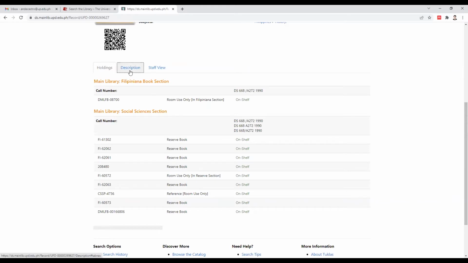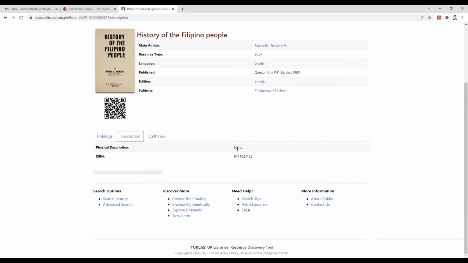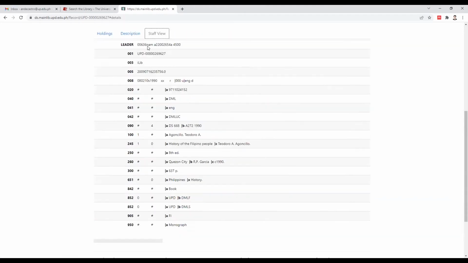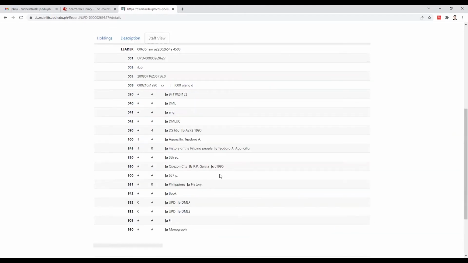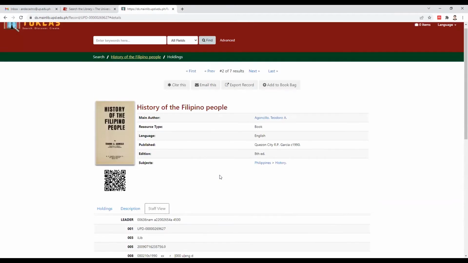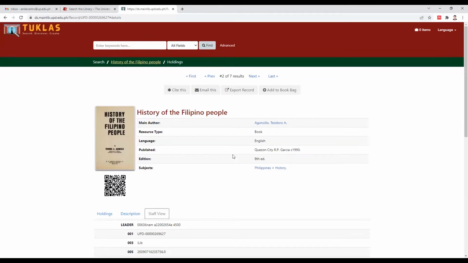So moving on, you can see the description here, 637 pages. And lastly, staff view. So this is for us librarians. But then again, the information here is simply about the information here as well. Okay? All right. So I want to teach you as well some of the functions that are here in CLASS